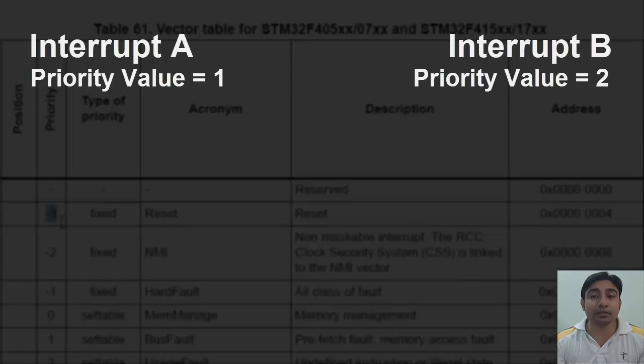On the basis of this priority value, the microcontroller decides which interrupt to serve first. As interrupt A has priority value 1, which is less than the priority value 2 of interrupt B, the microcontroller will first serve interrupt A. Then it will serve interrupt B.